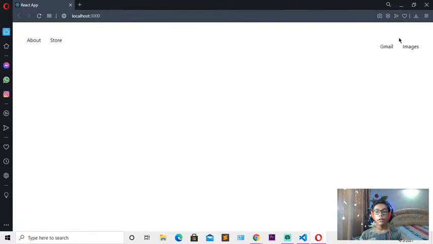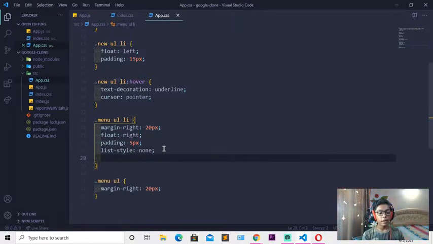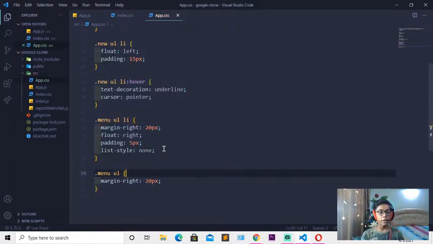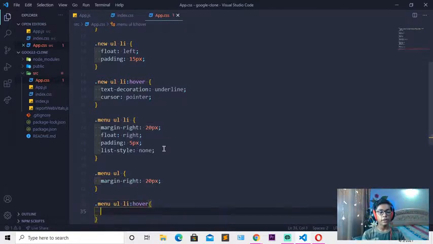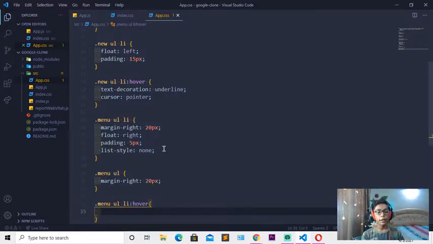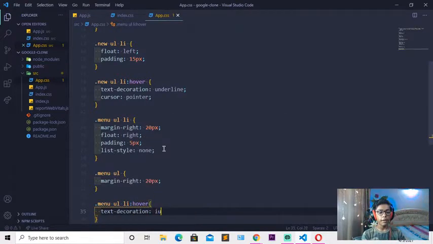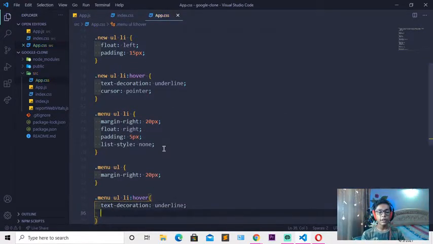So when you've done with all that, I'll be doing one thing from here: first of all I will be coming here and checking that margin-right, and here I'll be writing text-decoration, but first of all I'll be writing the hover effect. So here I'll be writing .menu ul li:hover, then I'll be changing that, writing border. Okay, so here we don't have to write border, here I'll be writing text-decoration, which should be underline. Here I'll be writing that. When you've done all that, I'll be changing this text-decoration and writing here,